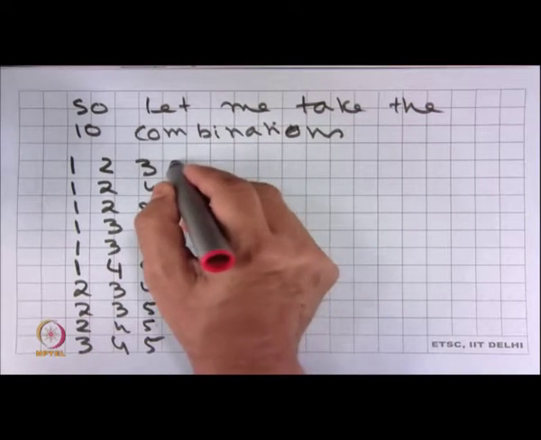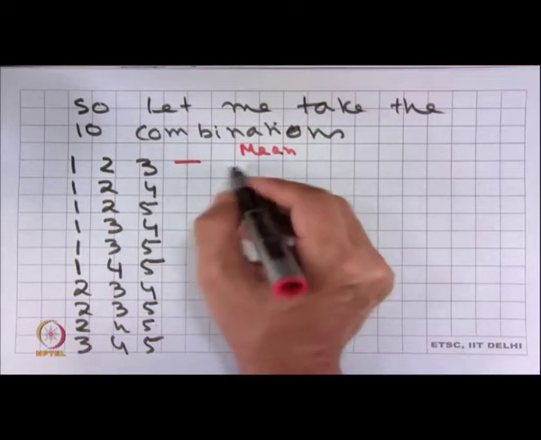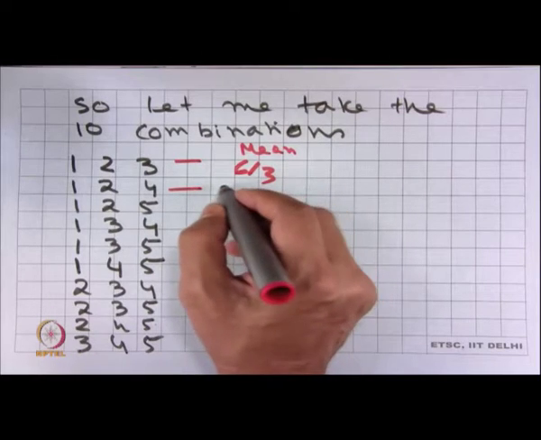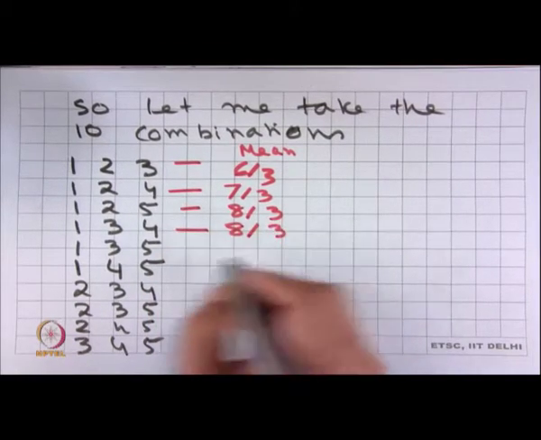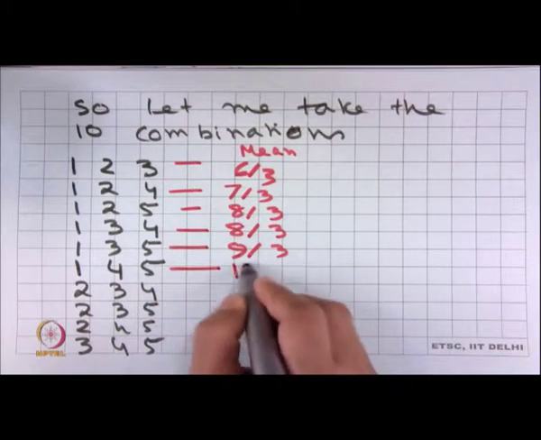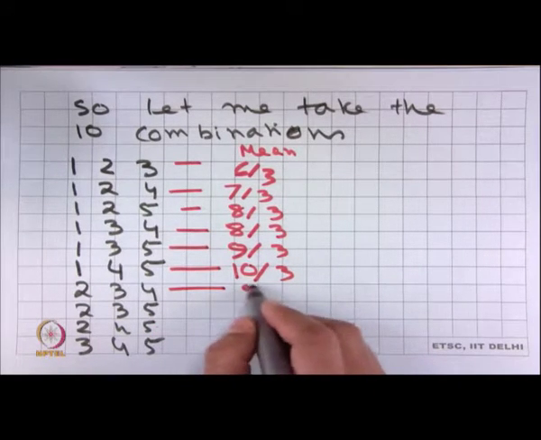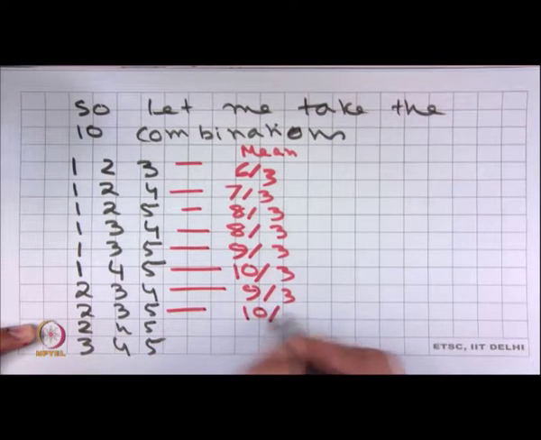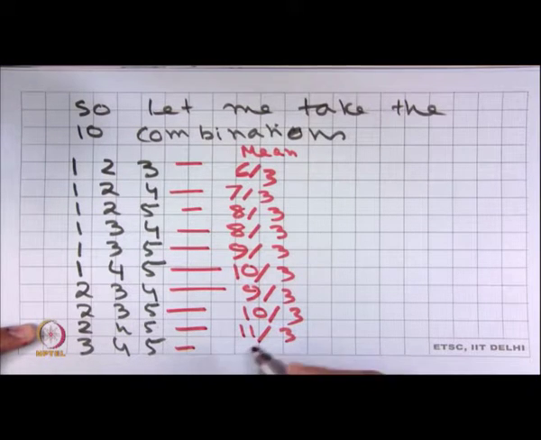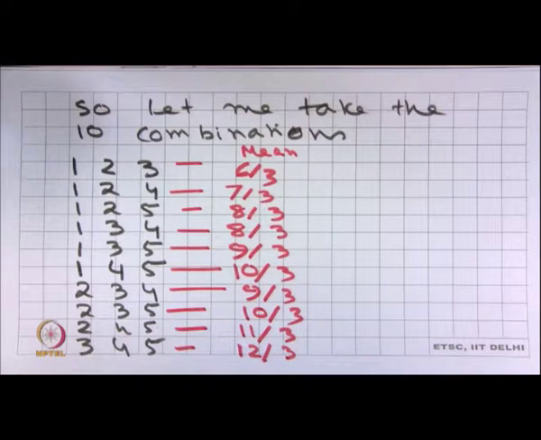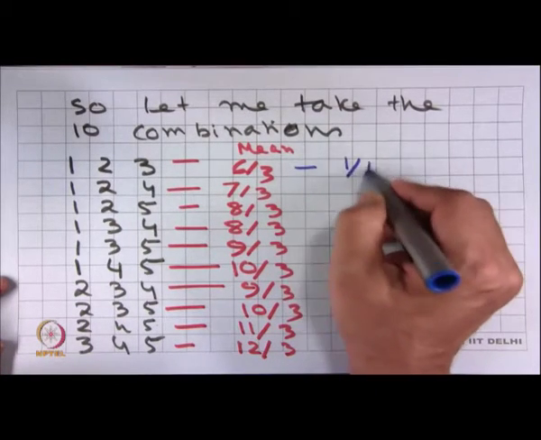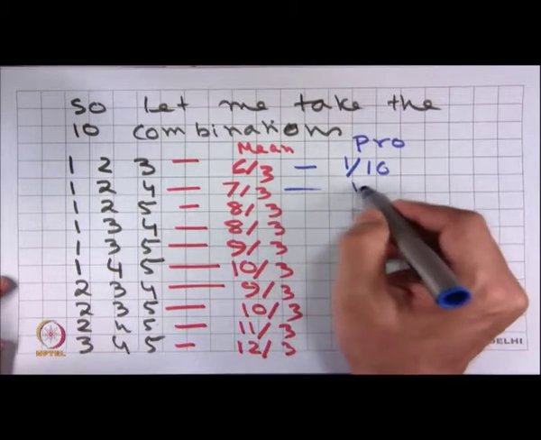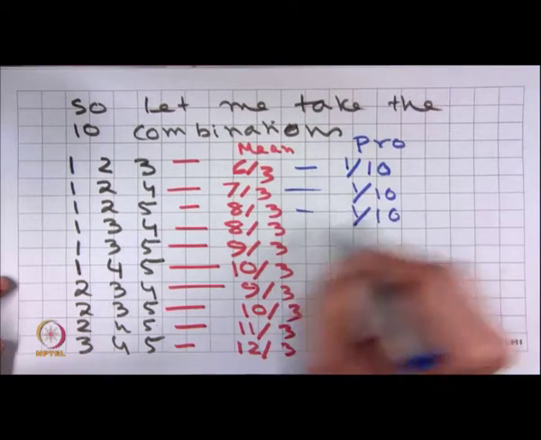What are going to be their means? Their means are 6 by 3, 7 by 3, 8 by 3, 8 by 3, 9 by 3, 10 by 3, 9 by 3, 10 by 3, 11 by 3, 12 by 3. Right? And each one of them has equal probability. So, this has probability 1 by 10, this has 1 by 10, this has 1 by 10, this has 1 by 10,